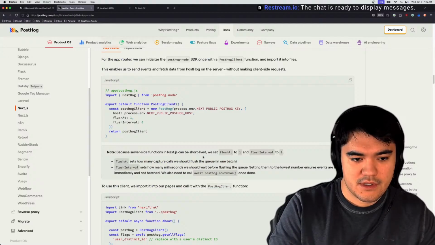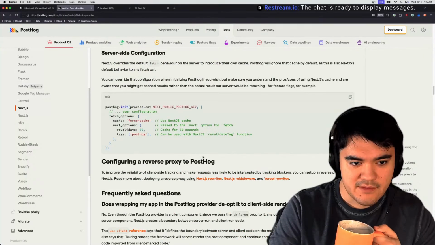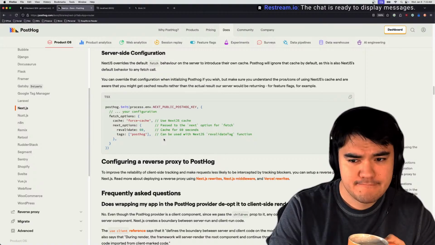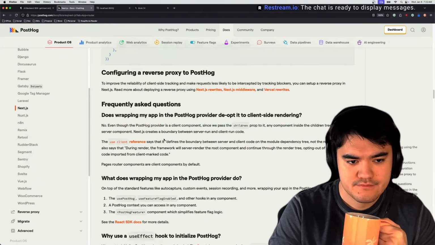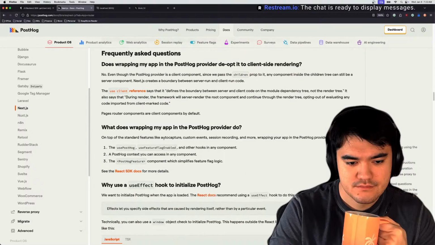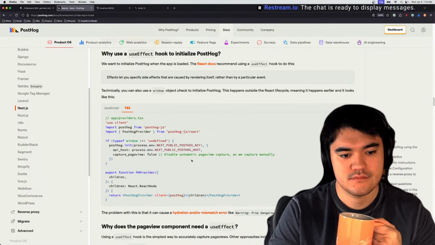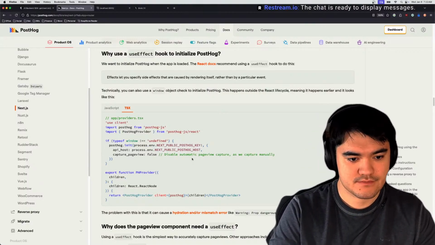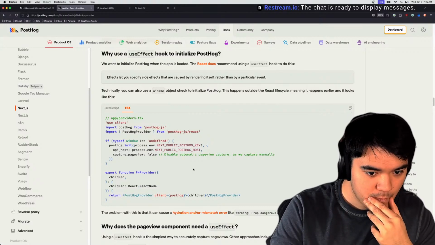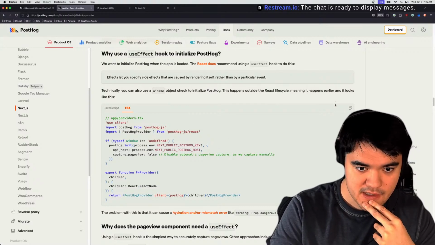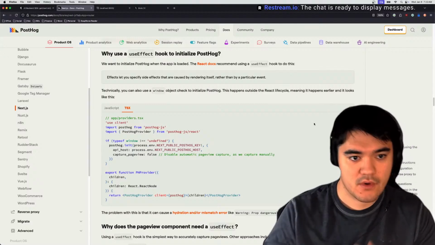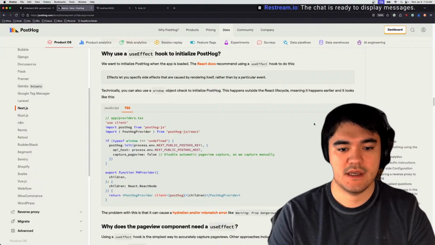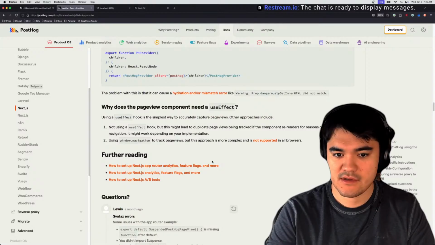So this is some server-side rendering stuff. So I think I need both, right? How about, yeah, let's not do this. This looks a little nasty.